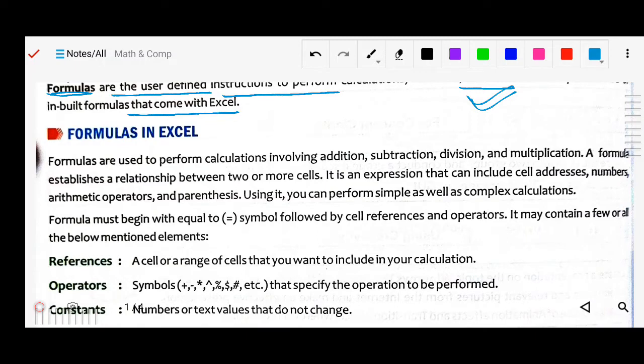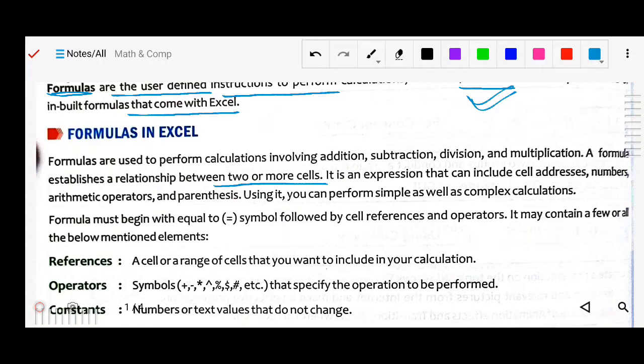So any calculation will be performed between two numbers, similarly here between two or more cells. It is an expression that can include cell addresses, numbers, arithmetic operators, parentheses. Using it you can perform simple as well as complex calculations.